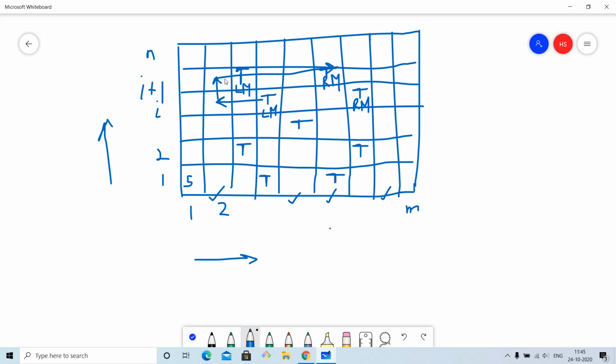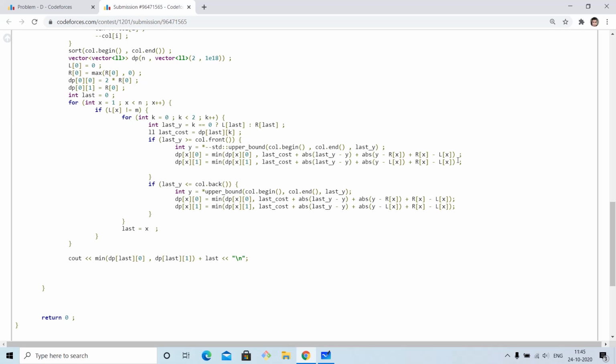So that will be the right minus the y, that is the position of the safe column, and then right minus the left, because we have to end up at the left. So that is it, the right minus left, and the absolute of y minus rx, and absolute of last y minus y. Similarly, if we end up at the rightmost of the x row, then this will also be, if we are going through the leftmost, because we are computing the upper bound, and then we are also subtracting 1.